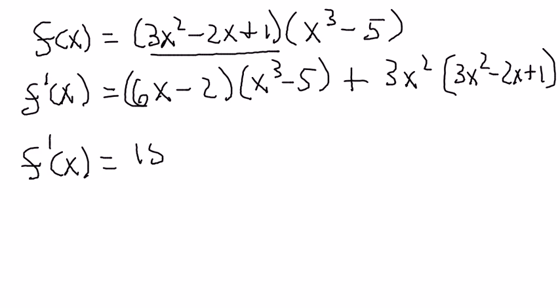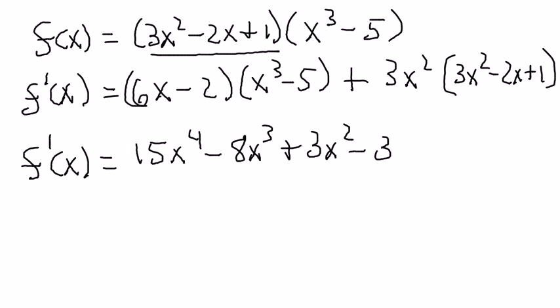15x to the fourth minus 8x cubed plus 3x squared minus 30x, that's a 30, minus 30x plus 10. And yes, you do have to simplify to that level because remember, a large part of